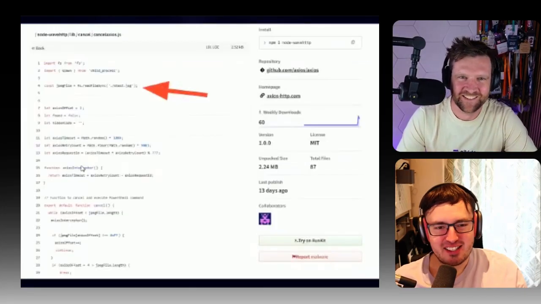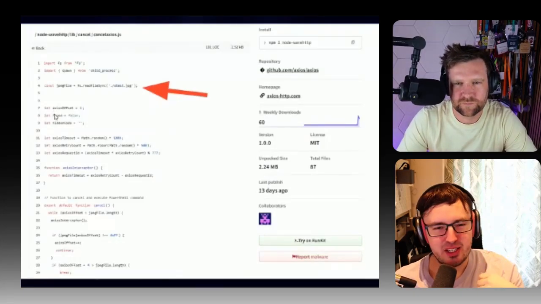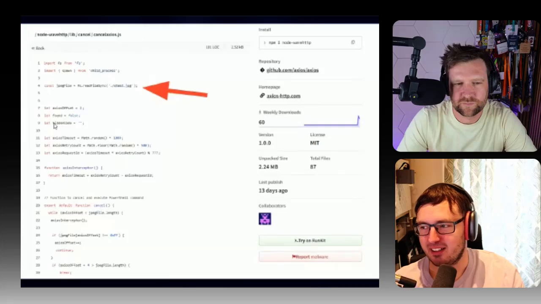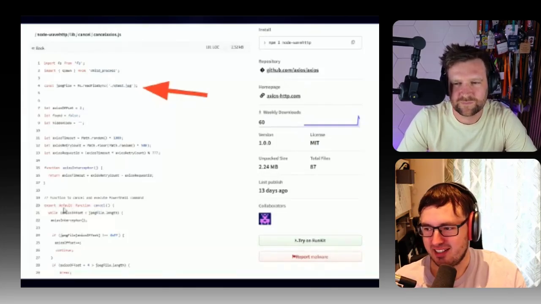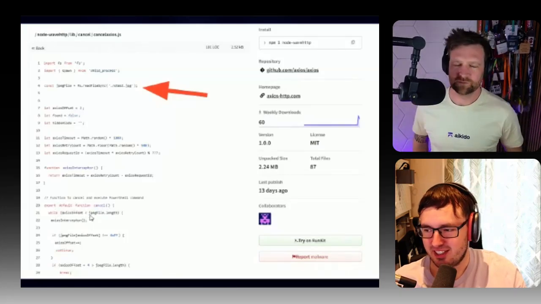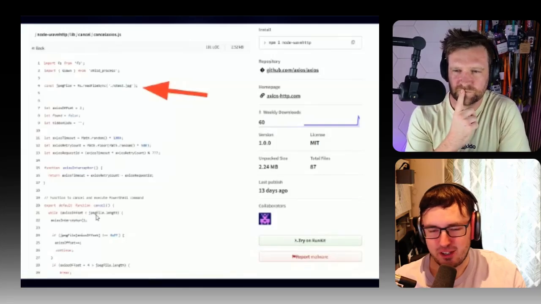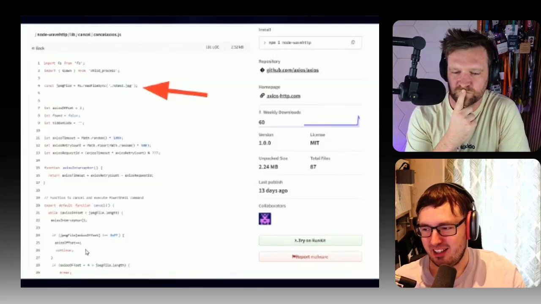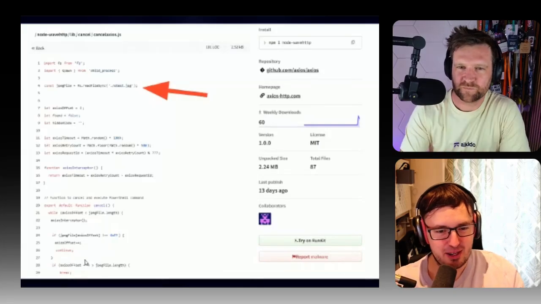So let's look at cancel Axios.js. Line number 4, it is opening up this JPEG, and then it's doing a bunch of math. And I'll spoil the fun. It's not about cancellation tokens or anything like that. What the actual cancel function does is, you can see it has a while loop on the offset against the JPEG file length, plus 4, all this kind of thing, right? So it's trying to read into this JPEG file.